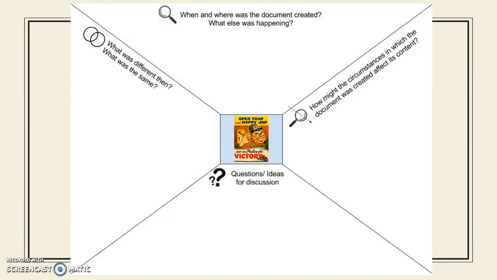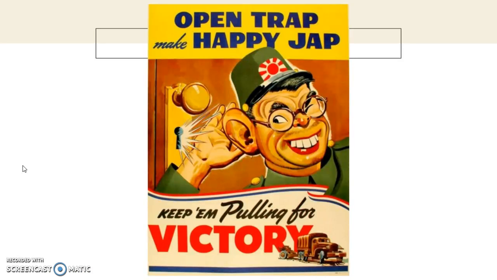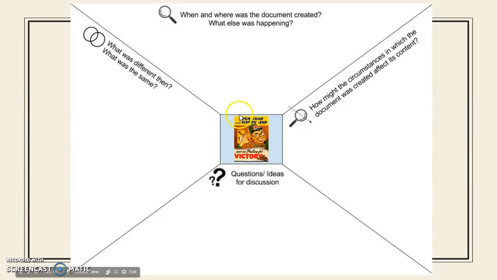So the graphic organizer looks like this, and if I'm planning ahead, I would give students or groups a copy of the image itself, and then the graphic organizer with a tiny picture of the image in the middle. I wouldn't just hand this paper to students with this teeny little image to analyze. I can foresee a lot of pushback with that. But I think it's helpful to have things side by side, so I would not put the image on the